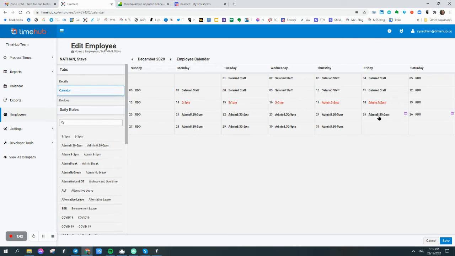That will get treated with an alternative day. Now, if I work Saturday and Monday, Saturday is my public holiday. Monday just goes to ordinary time because I've already been paid for my public holiday. So you can't have 3 public holidays and you can't have 1 public holiday. TimeHub will automate that process.